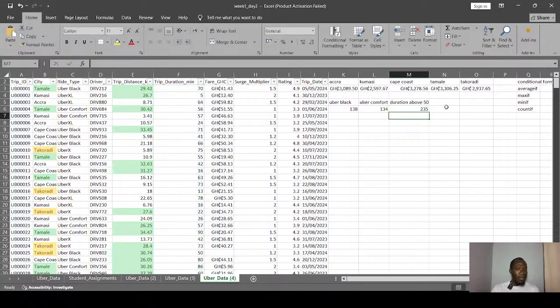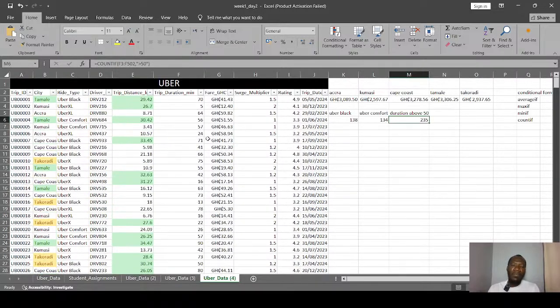Yeah, it understood perfectly, right? So it's telling us that if we count all the durations, we are going to find 235 that are above 50. So I think I rushed it. Let me do it again so that my people will follow. Okay, so equal to count